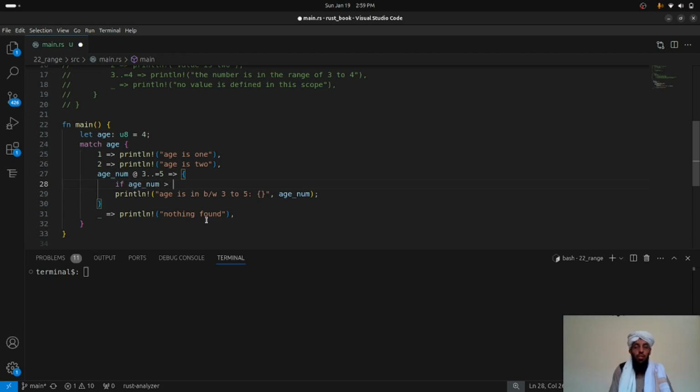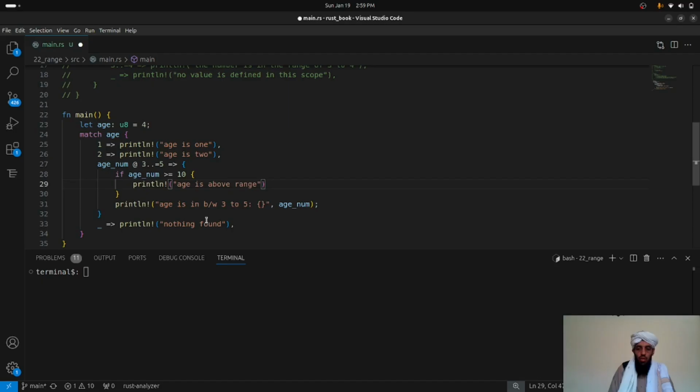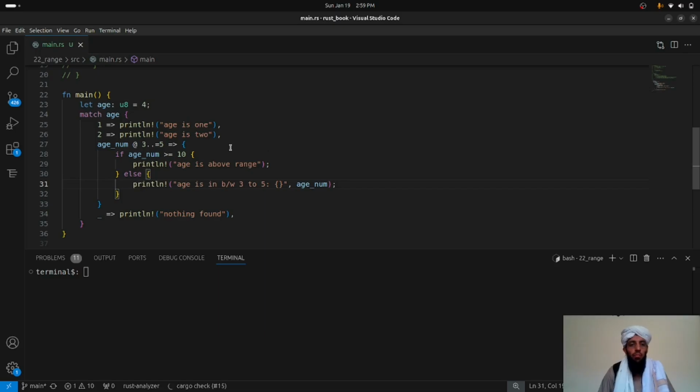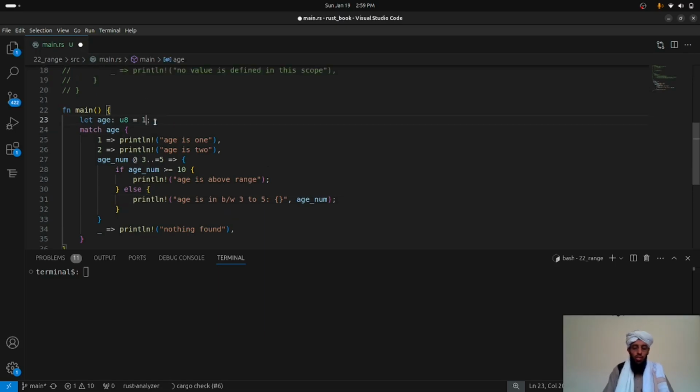If age number is greater than or equal to 10, let's say, greater than or equal to, make it both. So greater than or equal to 10, then what I will do here is print age is above range. And if it is not above range, then it will print the data for me here like this. Now if I put the data like 10 or 11, it will give me the error,